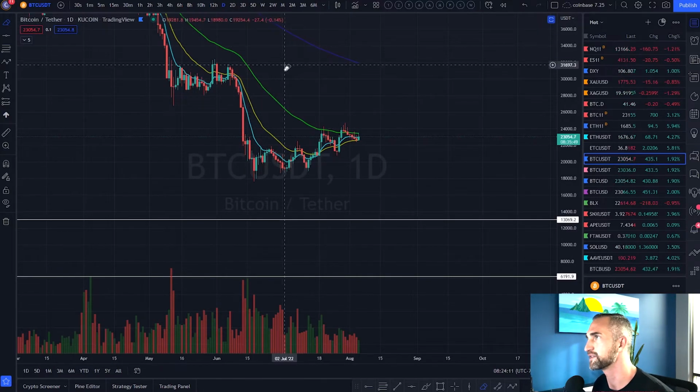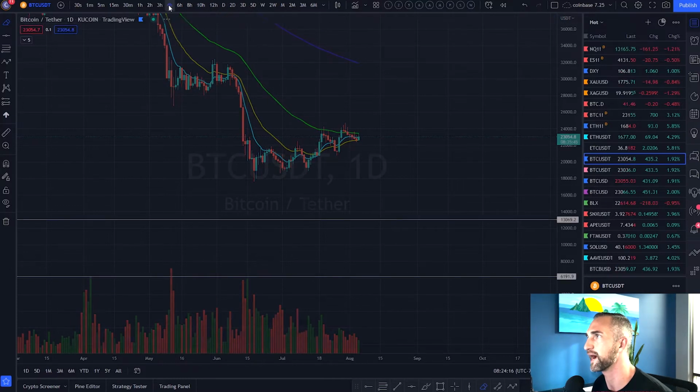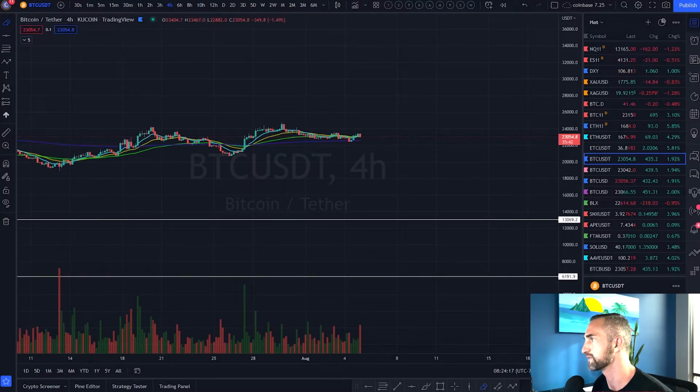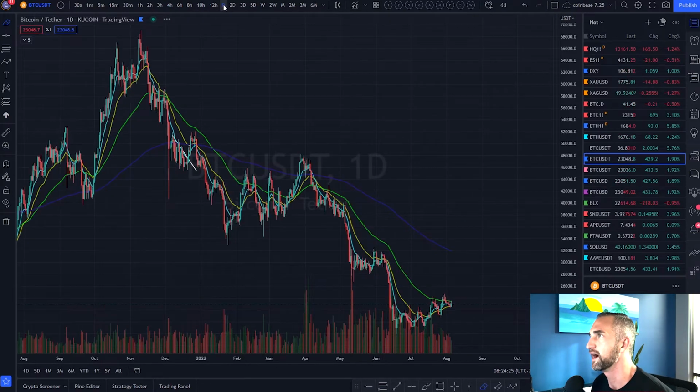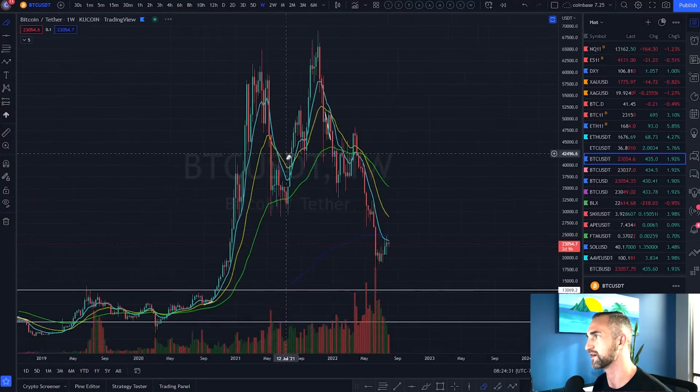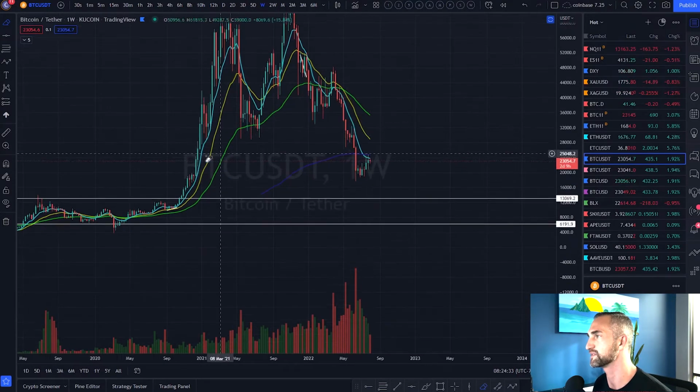And when I'm talking about the short term, really I'm talking about the 4 hour time frame and smaller, and less than that. And then longer term, daily, and I don't know, I'd say longer term is more like the weekly. Long term, right? What's going to happen over the next 3 to 6 months?